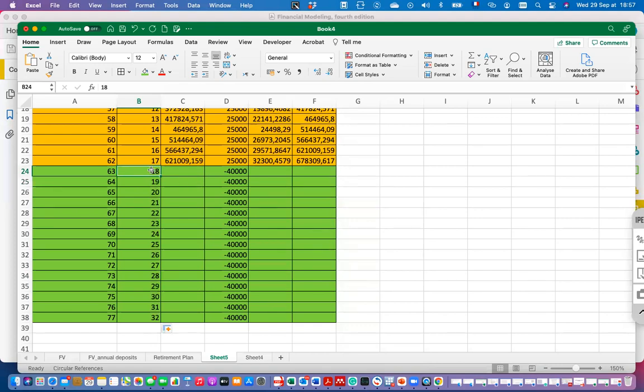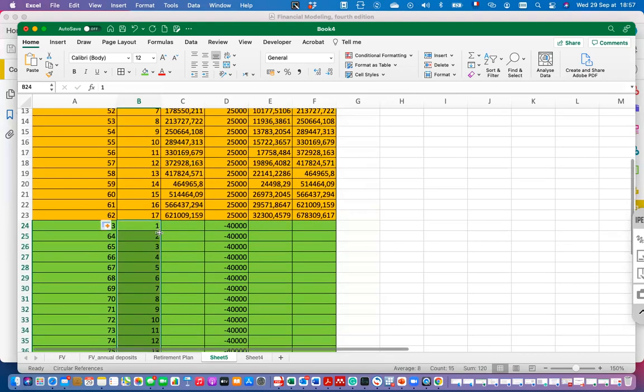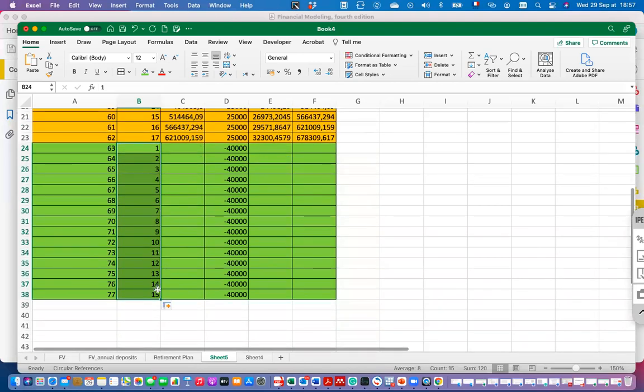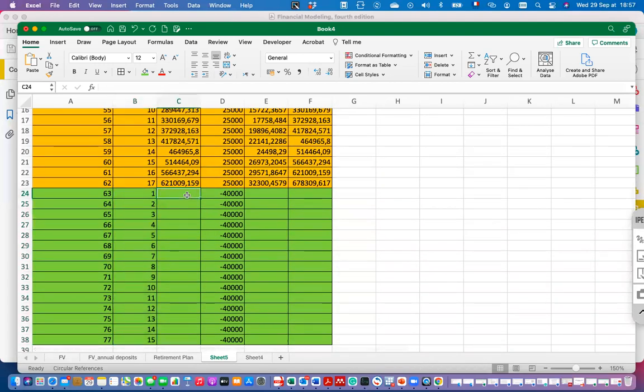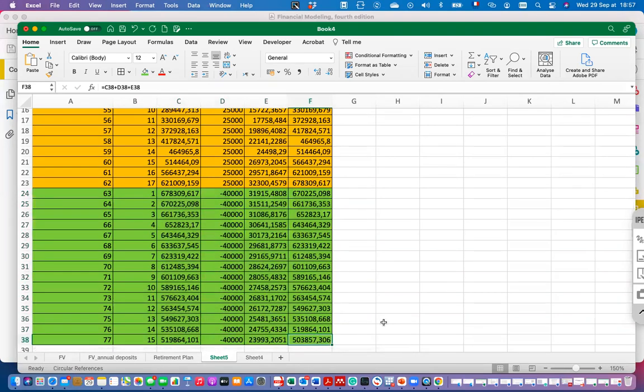Or I can, for example, put it 1, 2. So it will be more relevant here. See, so I have 17 years of deposits and 15 years of withdrawals. Equal. And then I will scroll down until the end of the table. And clearly, I have chosen the wrong value of deposits, because if I deposit $25,000, then I will withdraw $40,000